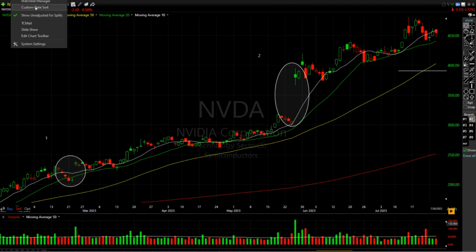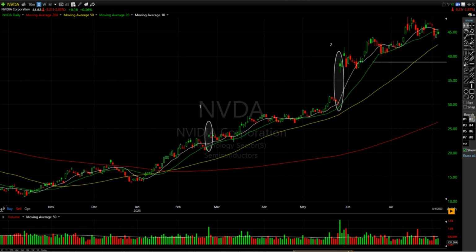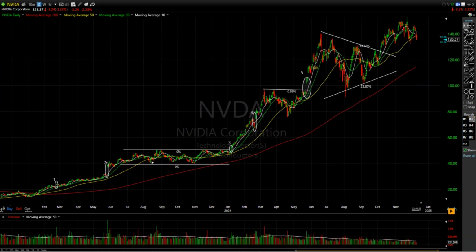Okay, so let's take a look. I'm going to move this to split adjusted. So now instead of $400 or $380, it's now at $38. This takes into account the 10-for-1 split adjustment. Okay, and if you were to trade this around that time period,